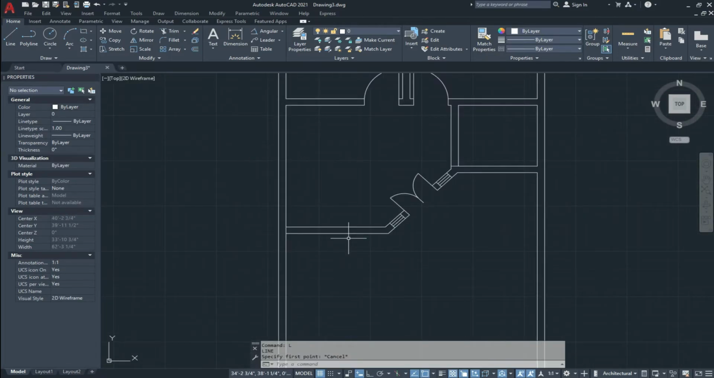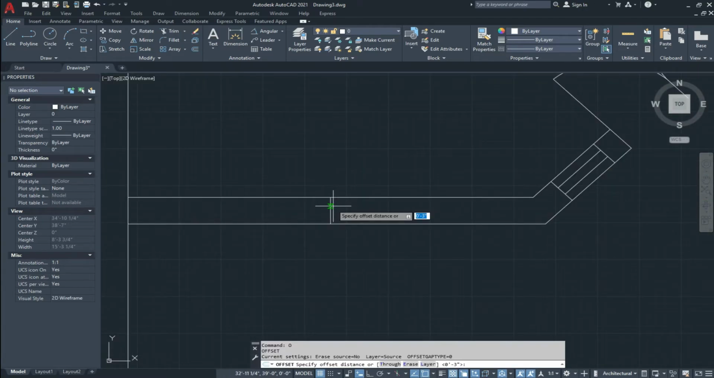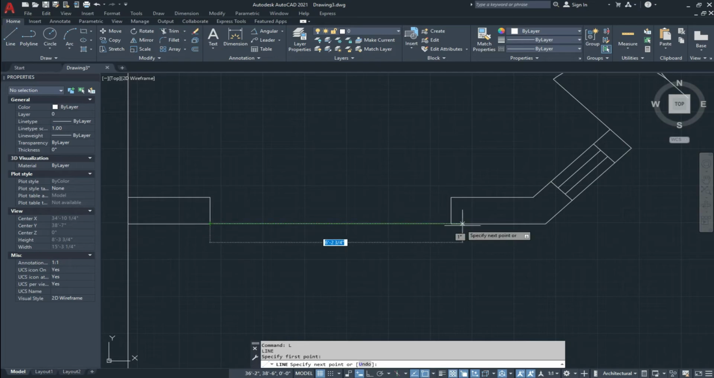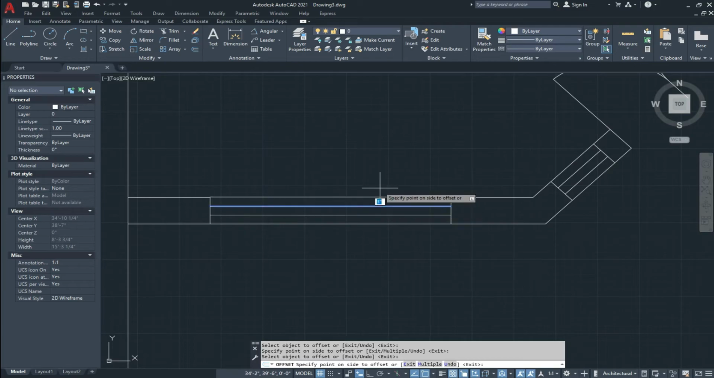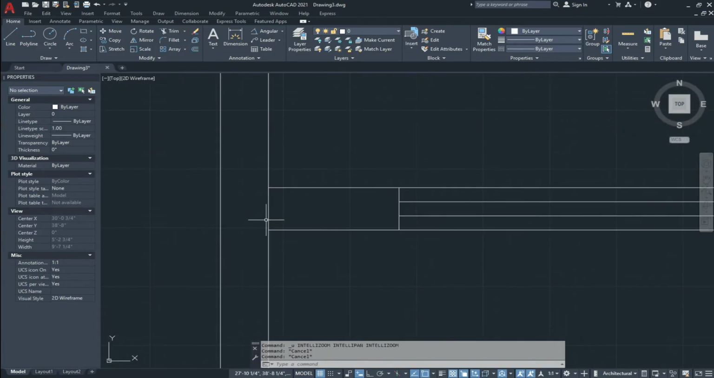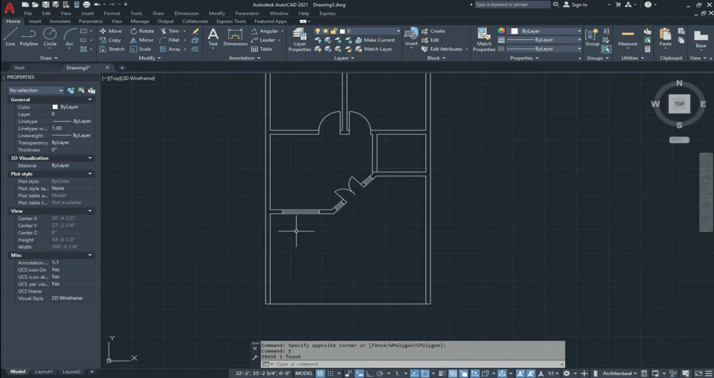Now we make another window here, and which is 6 feet in length, 3 feet on both sides. TR double enter. With the line tool and the offset tool I make the window and trim this line also, and I trim it, TR double enter and delete it. So in this way we draw our plan,